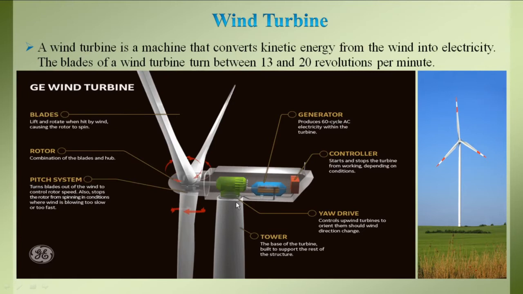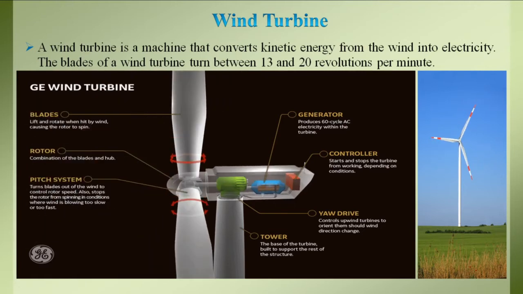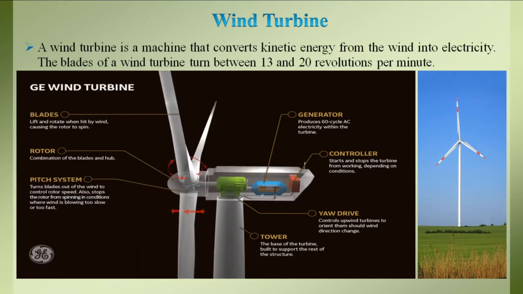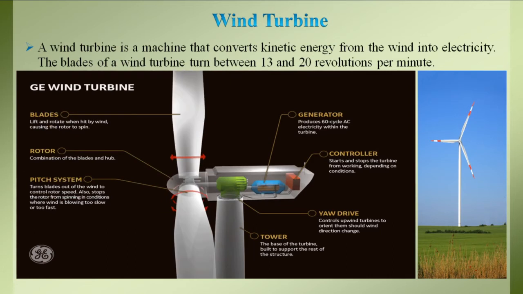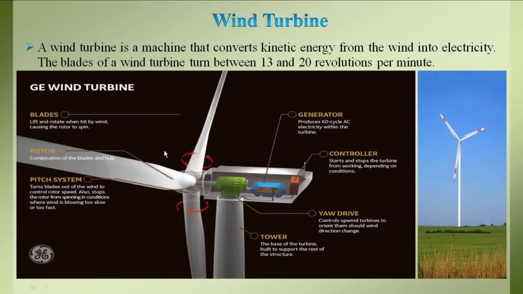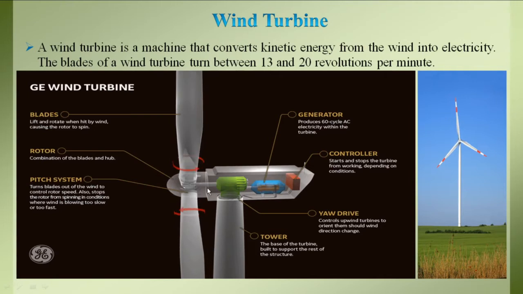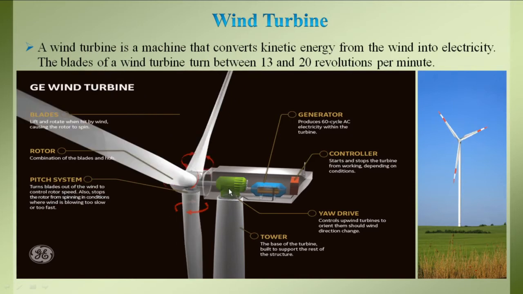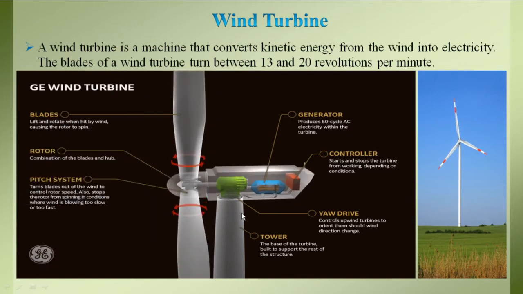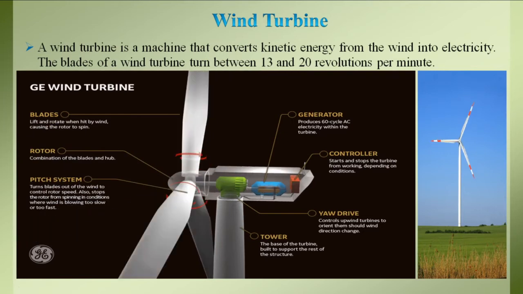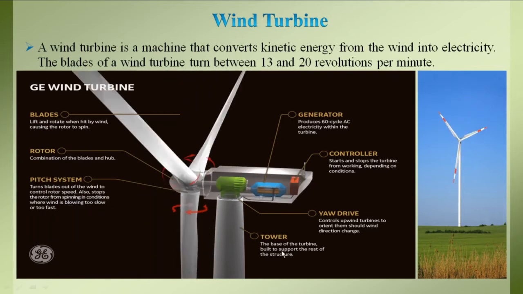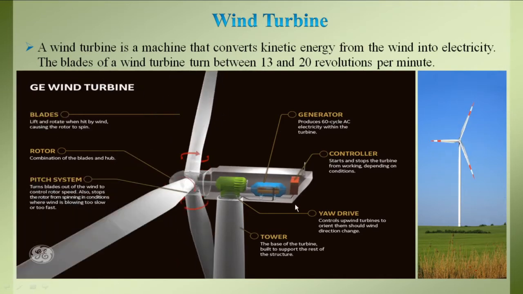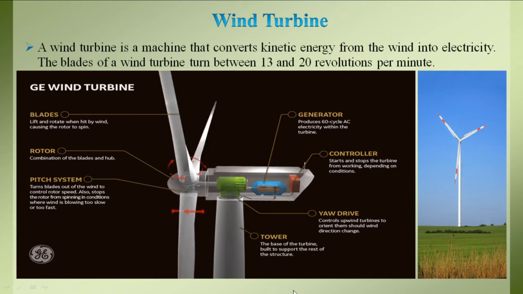As we know, the rotor rotates at a slower speed, but to generate electricity in the generator we require a higher speed, so we use a number of gear components, or a gear train, and the rotor shaft input is given to the gearbox. Here a number of planetary gears are connected. So the lower speed of the shaft is converted into a higher speed, and the higher speed output shaft is given to the generator. The generator generates electricity and it is sent to the utility grid.